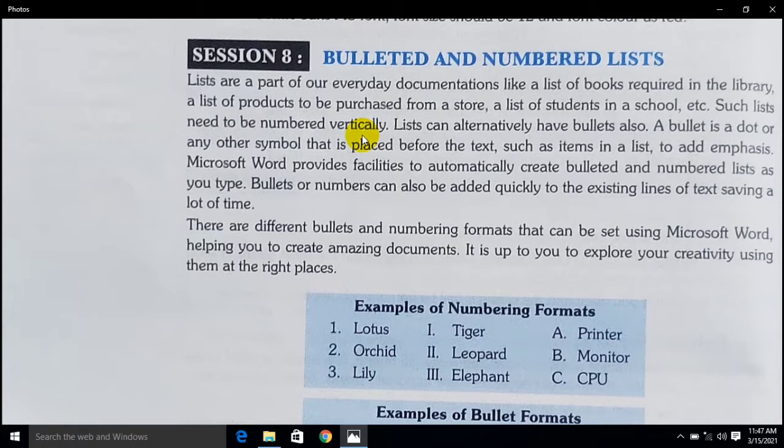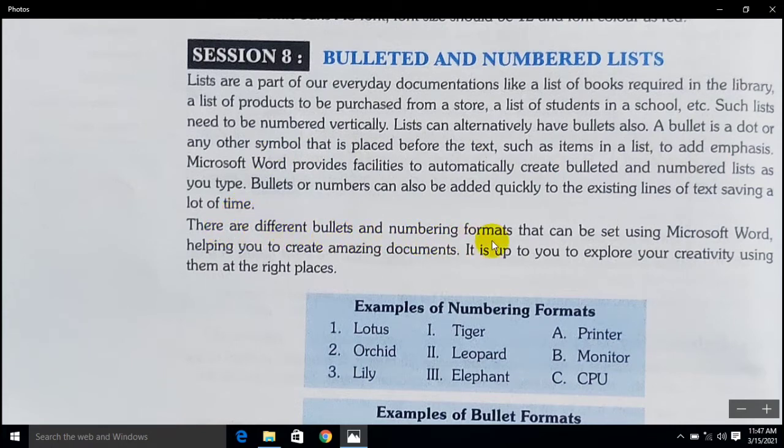and a list can alternatively have bullets also. A bullet is a dot or any other symbol that is placed before the text, such as items in a list. To add emphasis, Microsoft Word provides facilities to automatically create bulleted and numbered lists as you type. Bullets or numbers can also be added quickly to existing lines of text, saving a lot of time.